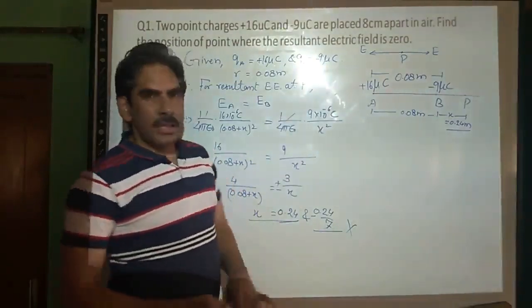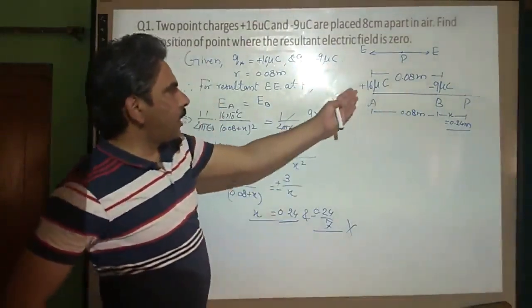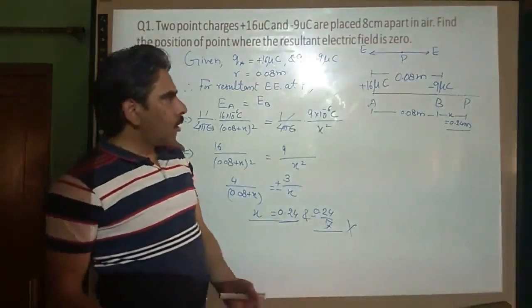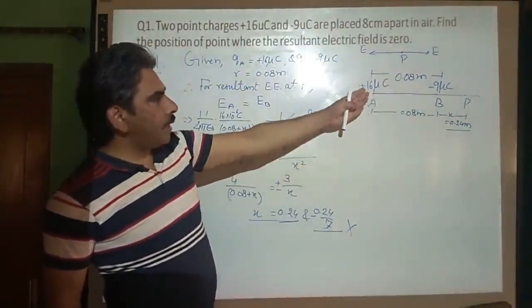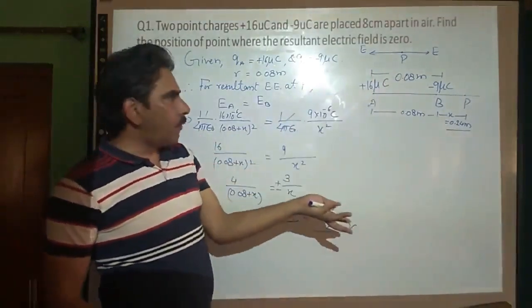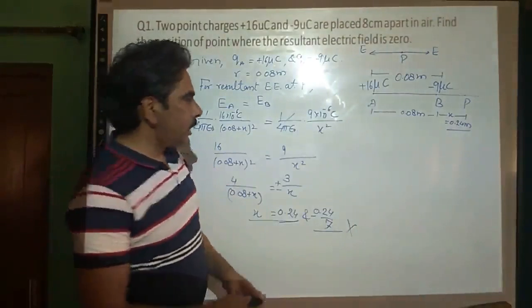Let us take the next question. There can be a number of situations where both charges are of a similar nature, with different magnitudes, or we can have some negative charge to be stronger and the positive charge to be of a lesser quantity. Then you can do the question accordingly. So let us take the second question.